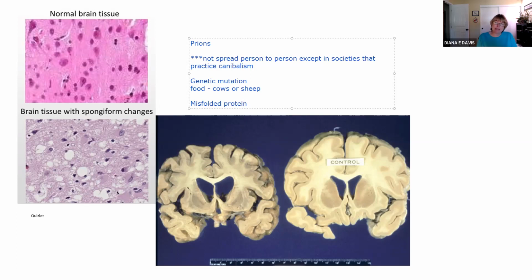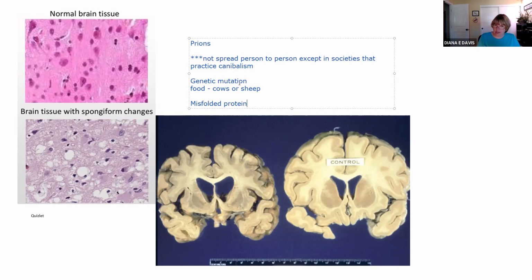All proteins have a specific shape that they have to have that's critical for their ability to function. And prions are a normal protein found in the brain that's the wrong shape. And it's the wrong shape either because of a genetic mutation, but the weird thing is, if you eat this misfolded protein,